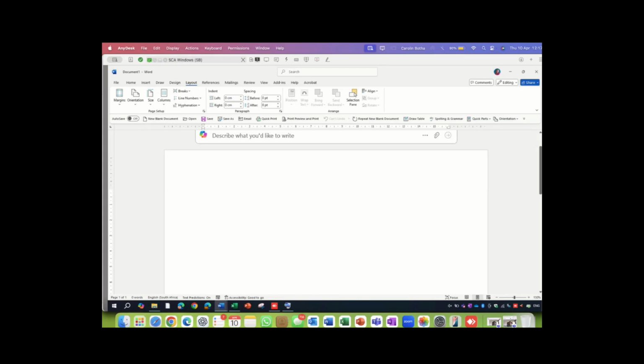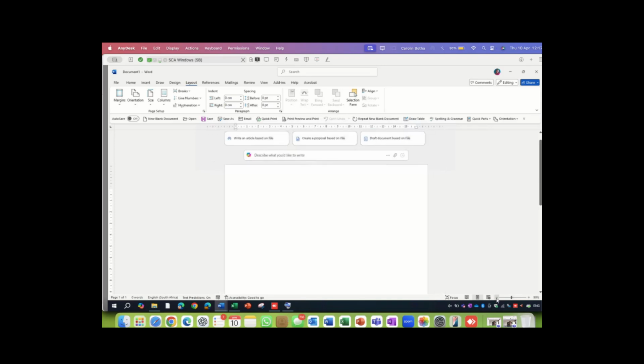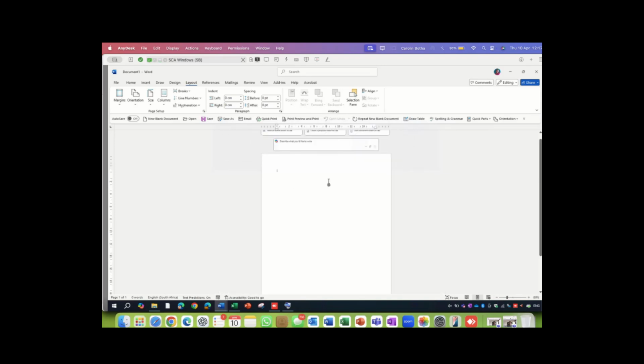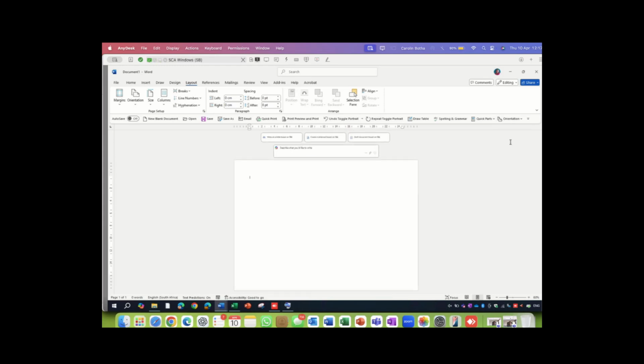If you want to change this, let me just go a little bit smaller here to show you what it looks like. This document, or page, is now in portrait mode. If you go to orientation and you go to landscape, it changes it to landscape. It saves you at least 2 clicks and it's easily accessible. Okay, you can only fit so many in there, but at least you can add the ones that you often use.